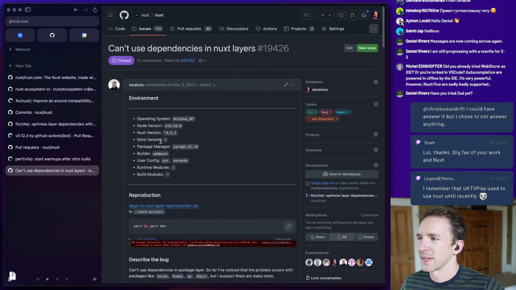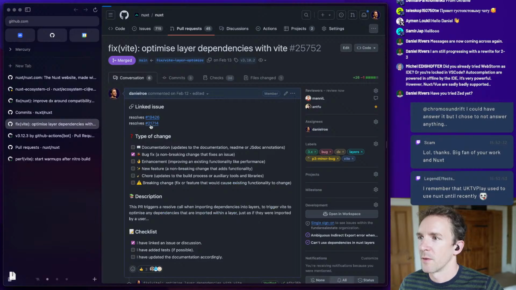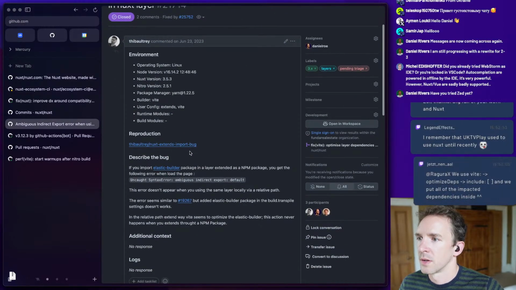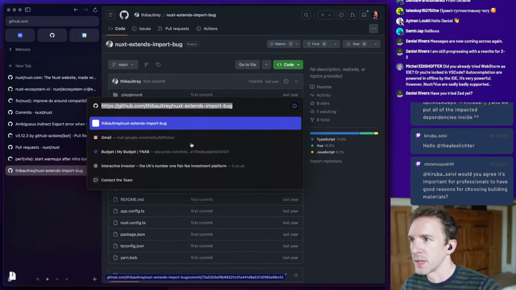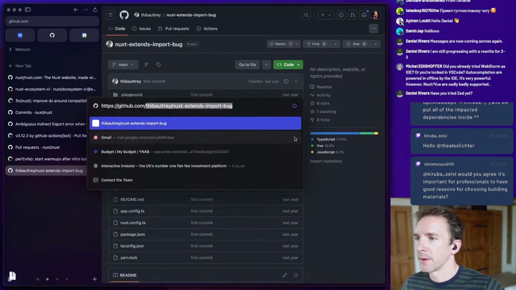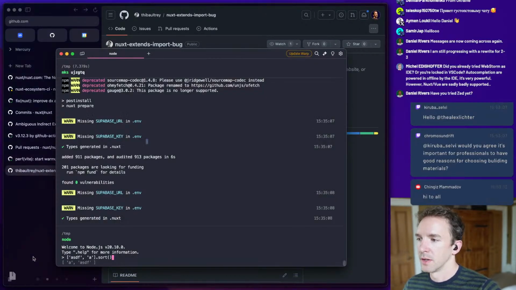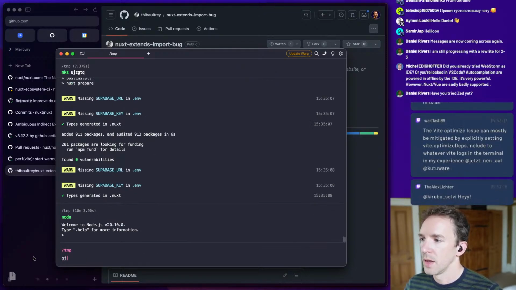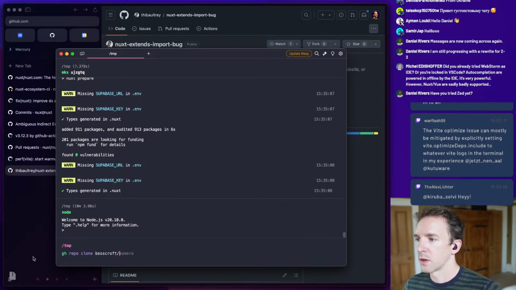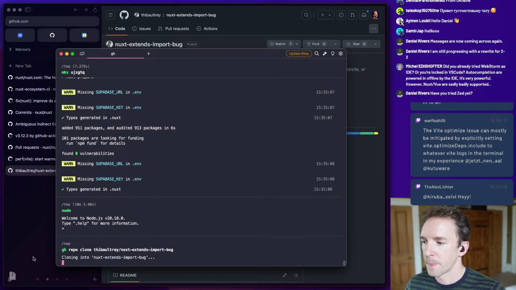Let's see if I have a better reproduction. Okay, this is better. Let's see if we can reproduce this when I remove this plugin, and if it still works after the fix. So we're going to clone this reproduction.